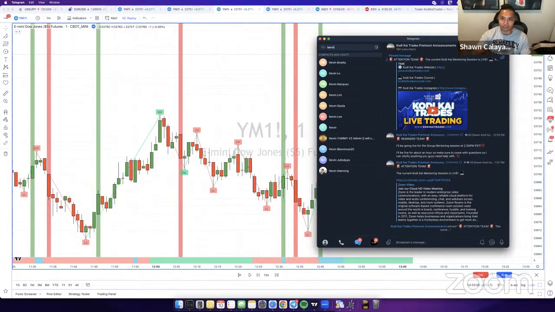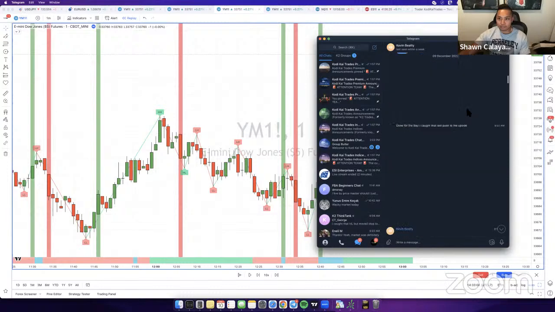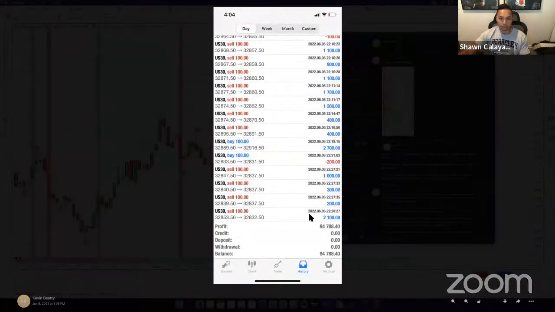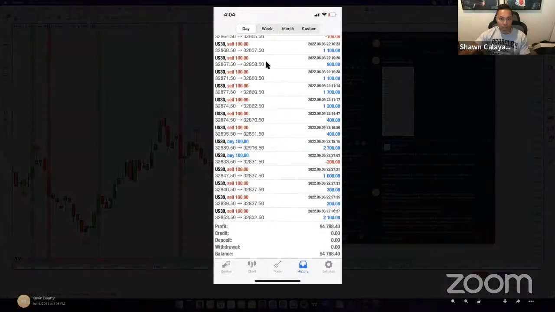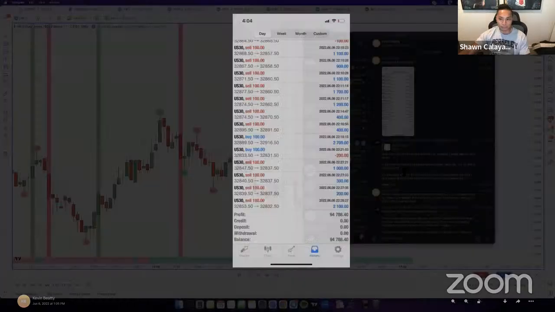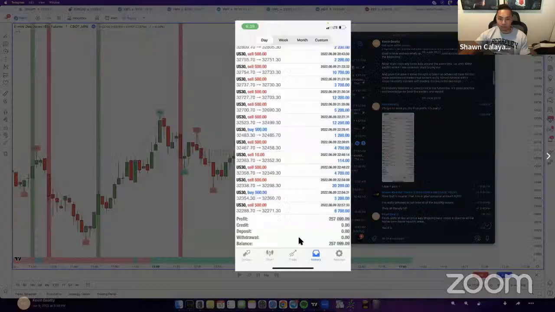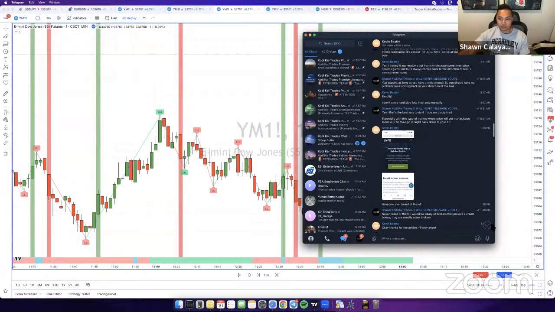Let me see if I still have it here. Yeah, so Kevin, if you go back to last year, this is when Kevin joined the group, last summer. So right here, he was trading and he hit almost 100K on this day. This was on June 6, 2022. You can see right here, he was taking all liquidity pushes, literally all day. Looks like he locked in 94K that day. So he locked in crazy profits. So yeah, the strategy still looks very good.